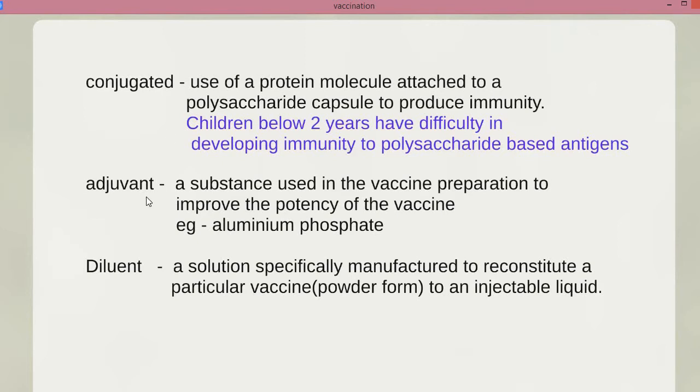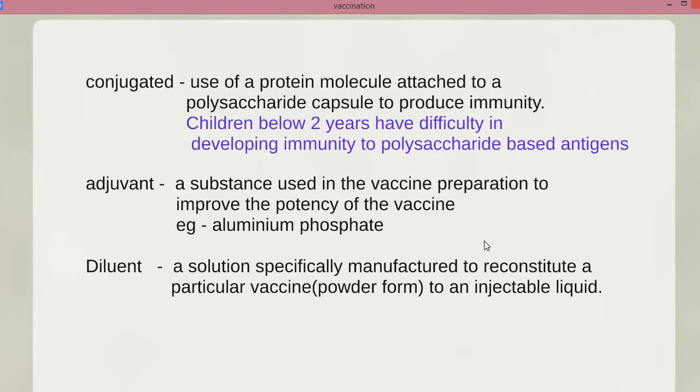Adjuvant is a substance used in the vaccine preparation to improve the potency of the vaccine. For example, aluminium phosphate is a commonly used adjuvant which will increase the potency of the vaccine. Then a diluent. Diluent is a solution specifically